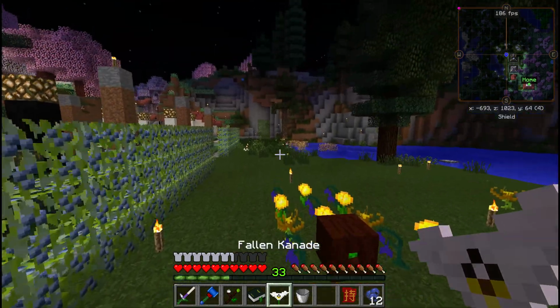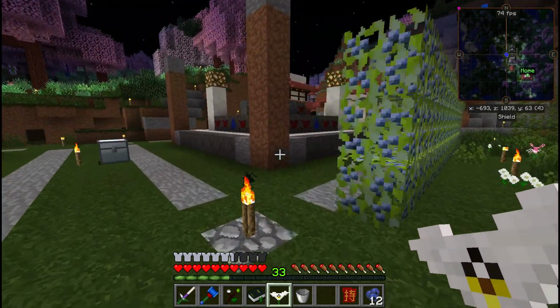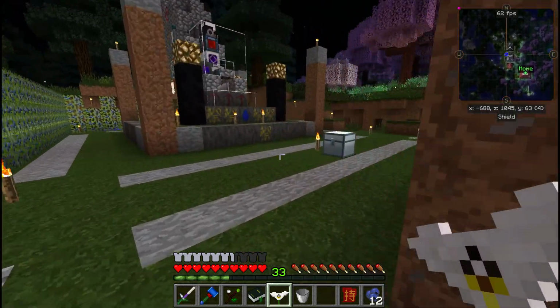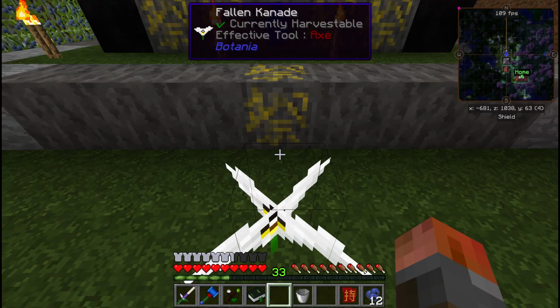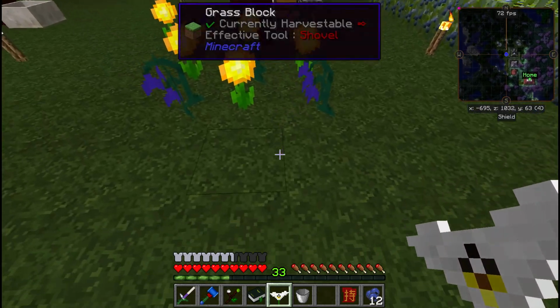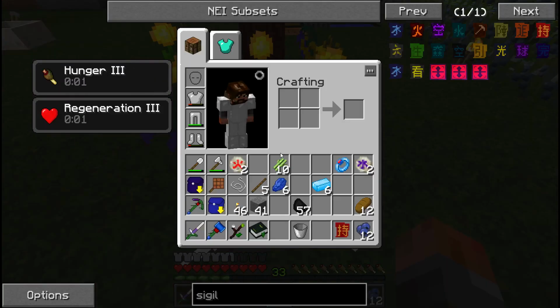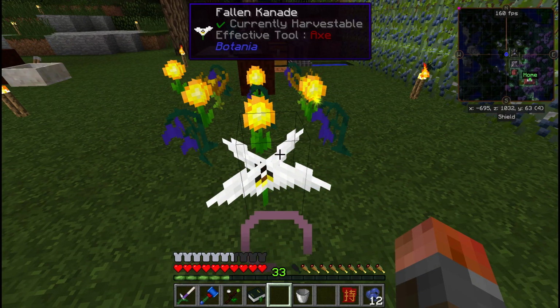Fallen Canade. Now this one I think needs mana, so I don't think I can just plant it here or anything. Nothing happens. Nope. But if I plant it over here, maybe it will. Regen 3 and Hunger 3. So